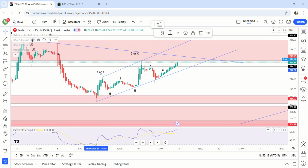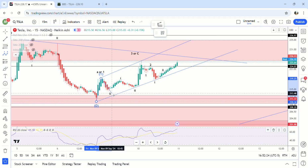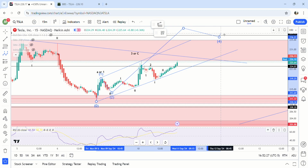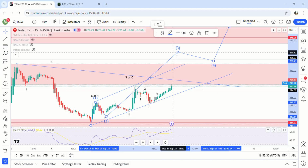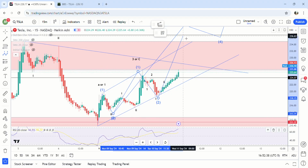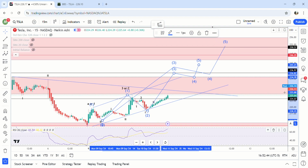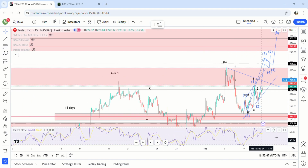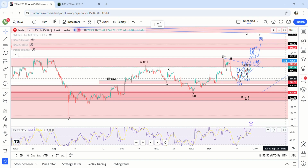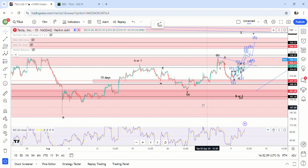is if it's a nested move. So 1, 2, it'd be something like this. This would be wave 1, wave 2, wave 3 would be up here, pull back like that, and be up here pretty quickly. So that would be pretty quick. Anyway, the reason I don't think that's going to happen, well, actually, let's go over what can